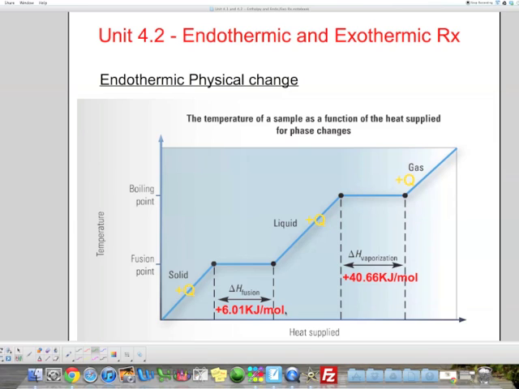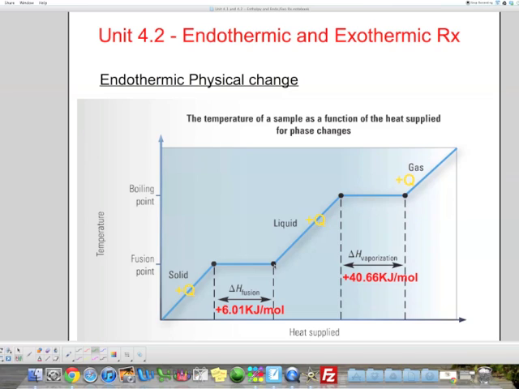Well, first of all, we're going to look at physical changes, how endothermic reactions work with physical changes. So we have a change of state here. We're talking about water. I have the fusion point or melting point, which is here, and I have the boiling point, which is occurring here. In case you don't already know, when a substance is melting, freezing, boiling, and whatnot, the temperature stays stable until all the molecules have changed state. Now here I have the amount of energy involved in the actual change for water. So every time I have 1 mole of water, it needs 6.01 kilojoules of energy to transform it from solid